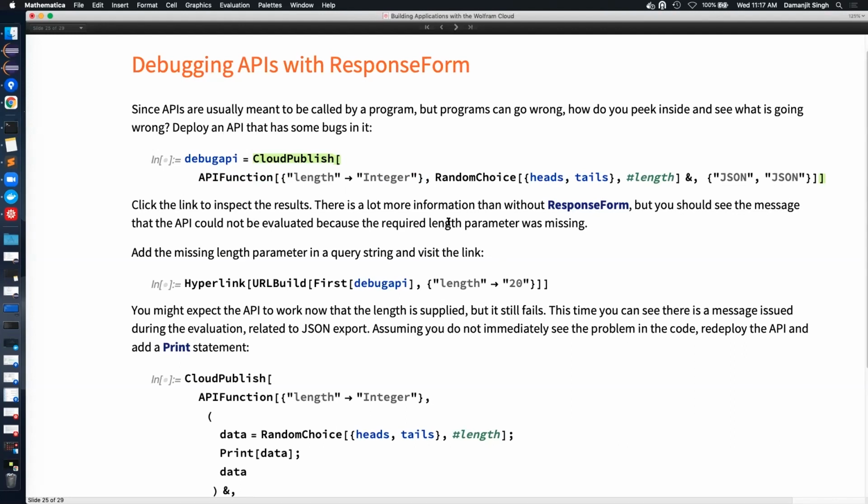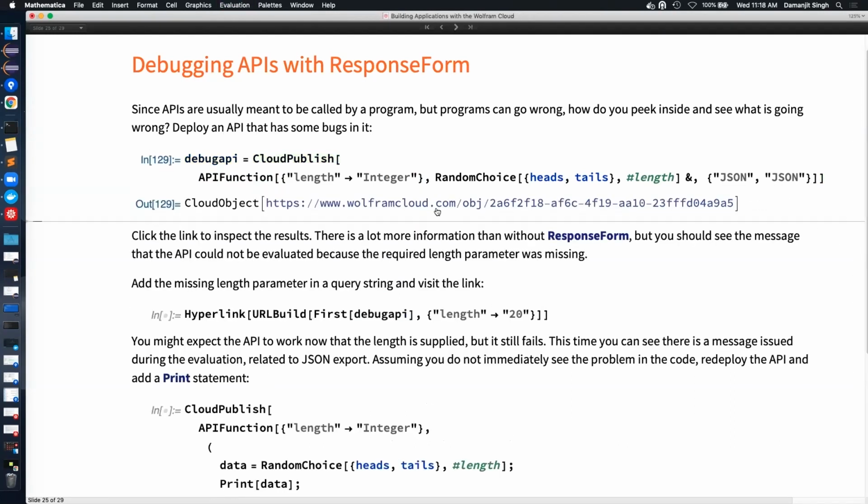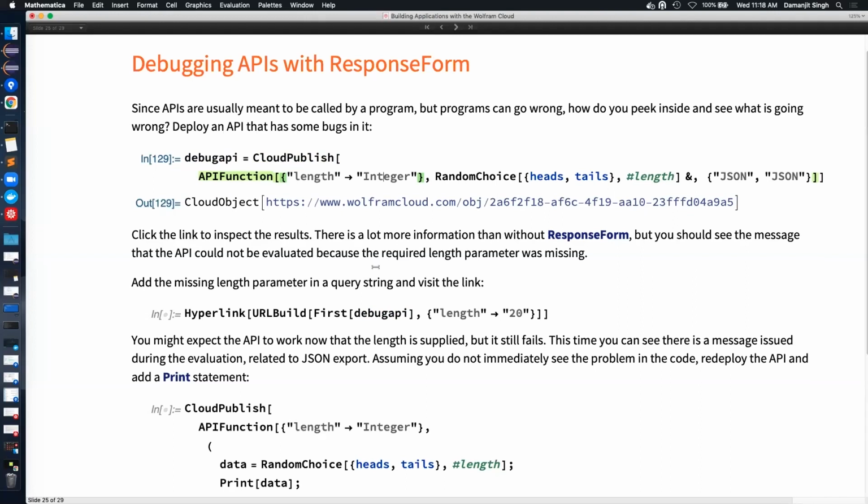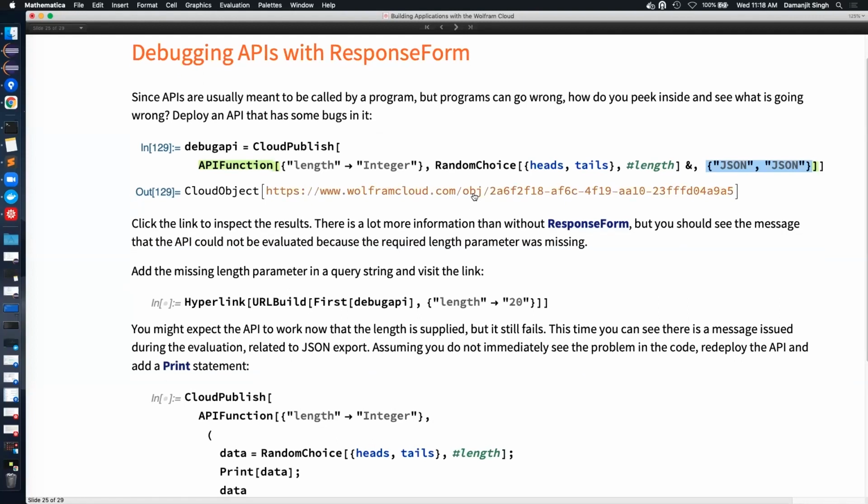So what is the trick here? Let's say we deploy an API which takes a parameter, which is an integer, and then prints heads and tails for that many number of times. Okay, and then we are passing the JSON list, which says that the request and response will be in the JSON format. Okay, so once we click this one,